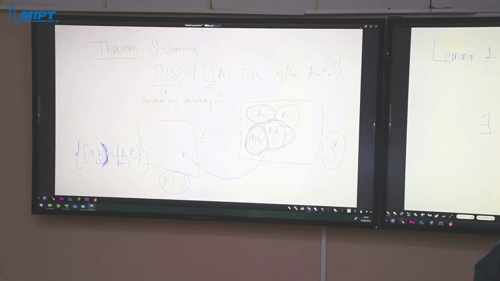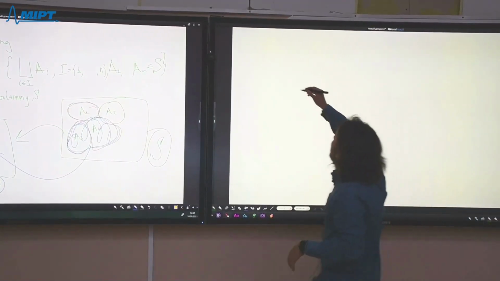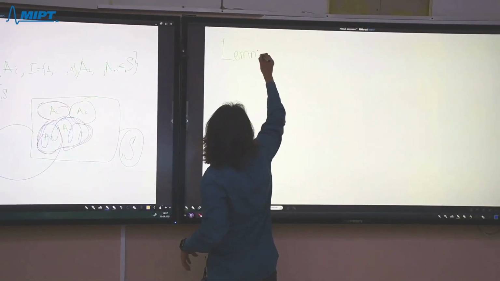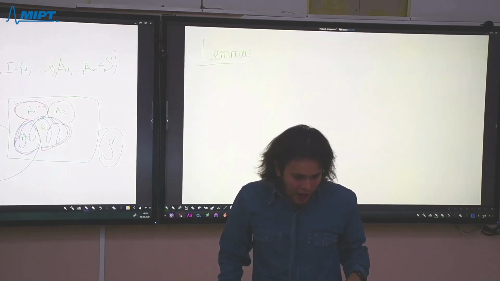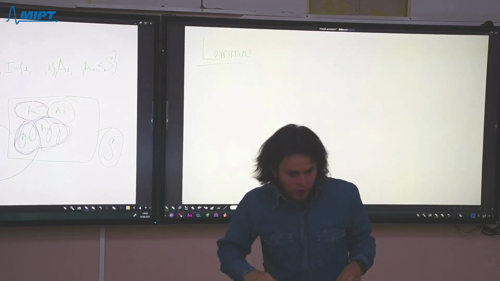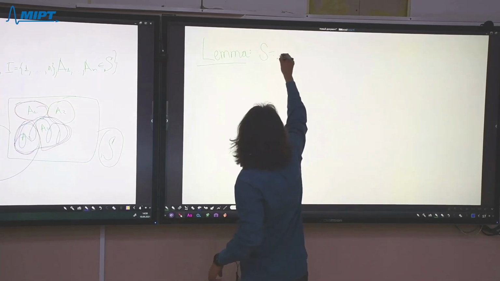Okay, and now, what else do we need? We have a lot of, no, we are close. So we have this R of S, and yeah, so this was a theorem. Now we have a lemma here, and it's the following: if we have S, this is a semi-ring,